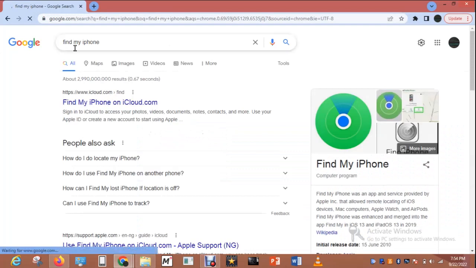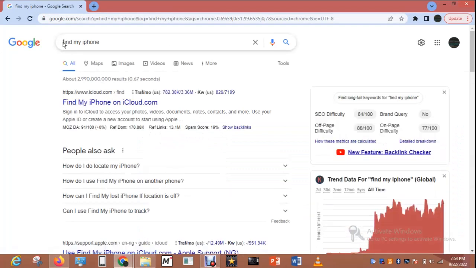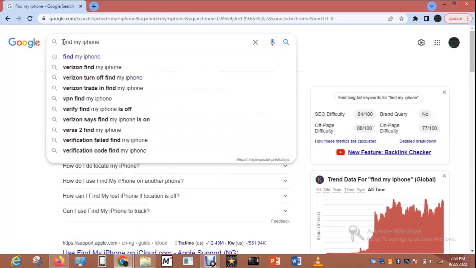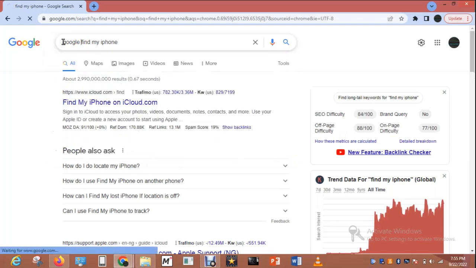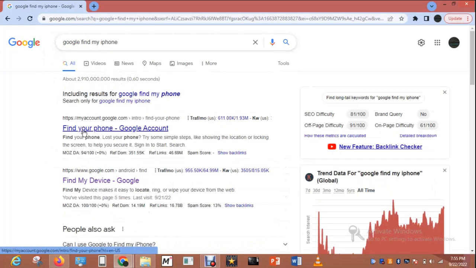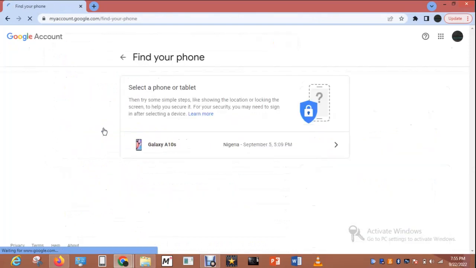Here it says iCloud, but it's an Android phone, so let me use Google find my phone. This is it. I open this UI. So you can see this is my phone,